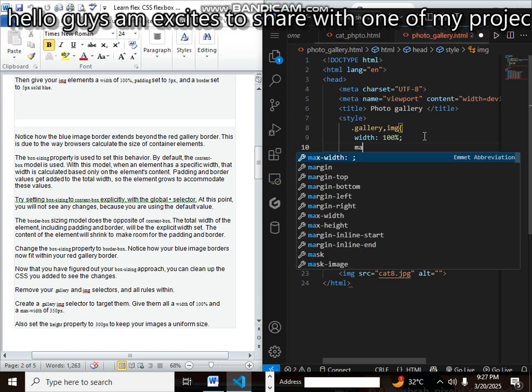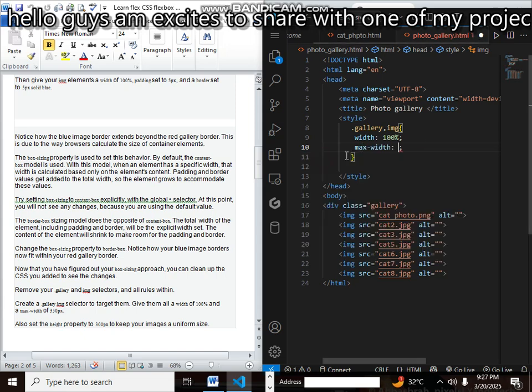We can set the max-width of our container and also our image to be 350 pixels, that is the maximum width that it can attain. And we are going to also set our width property to 300 pixels so that we can keep our images in a